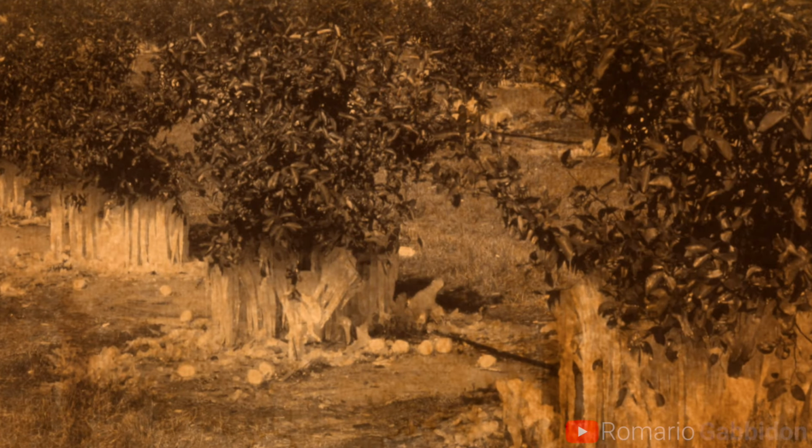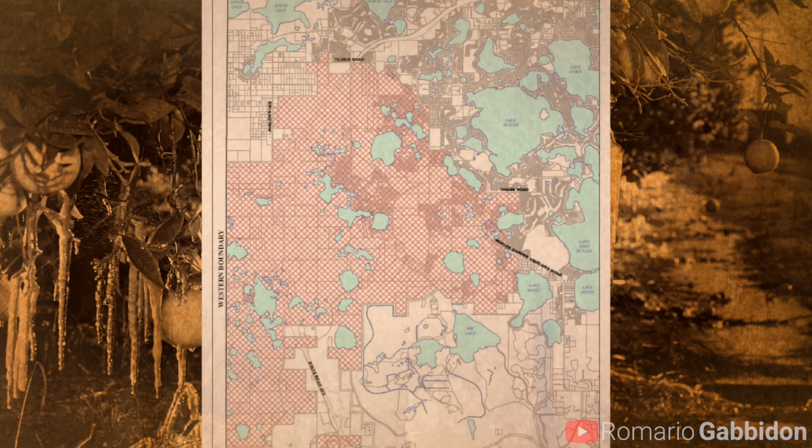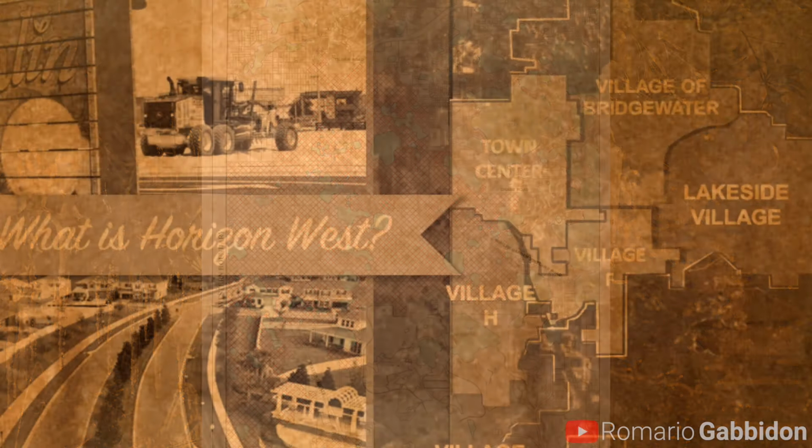Three freezes in seven years did irreparable damage to the citrus groves here in this part of Orlando. And so the landowner back in the 1980s was like, listen, I'm tired of this. I'm going to put on my developer hat. And from an idea known as new urbanism, he formed this concept that essentially states this growing town is going to